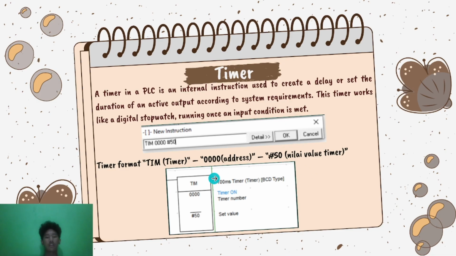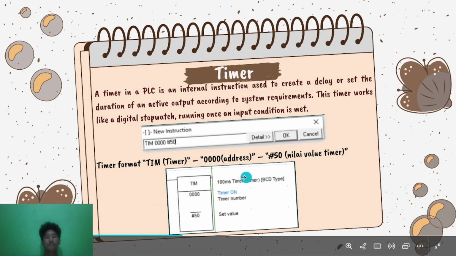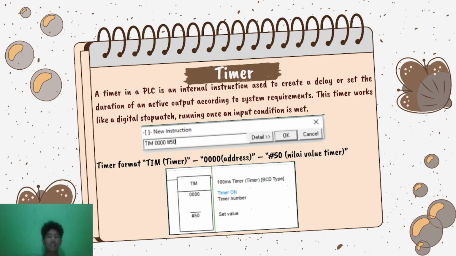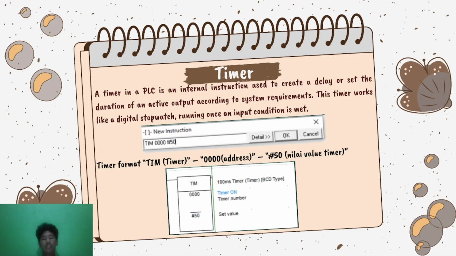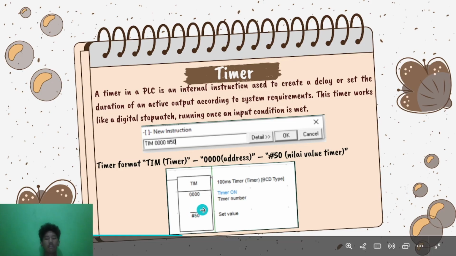In this second picture, this is the ladder diagram representation. This shows how the timer instruction looks inside the PLC ladder diagram. The TIM 0 block represents the timer 0 instruction. The left input line is the condition or rung that enables the timer. If the rung is on or logic 1, the timer starts counting.